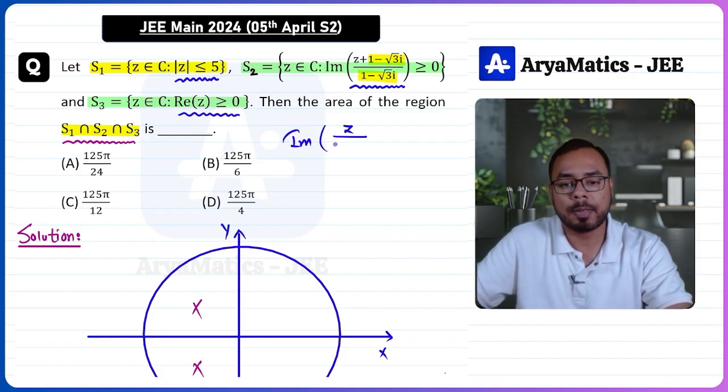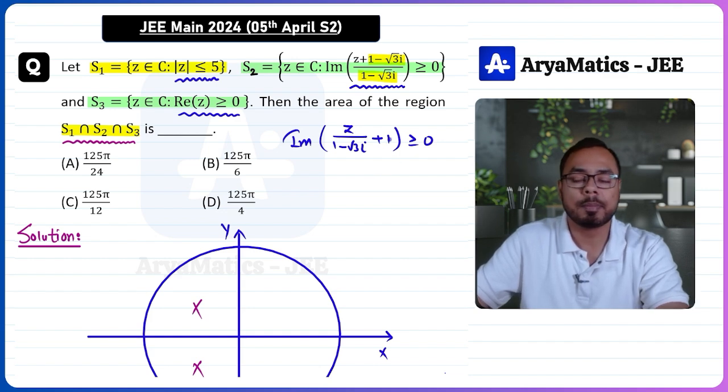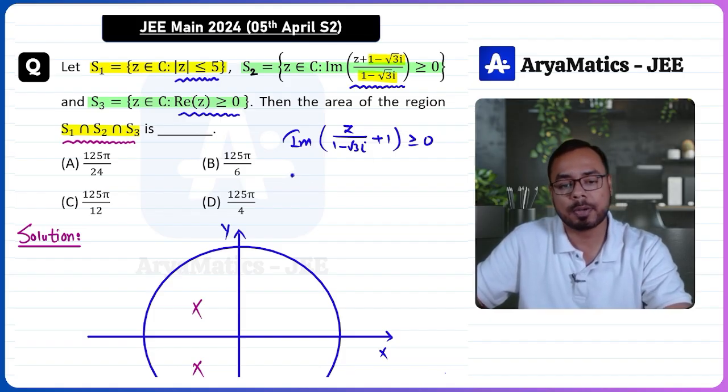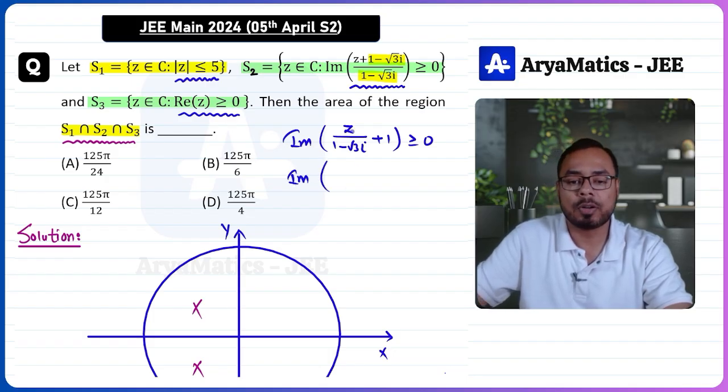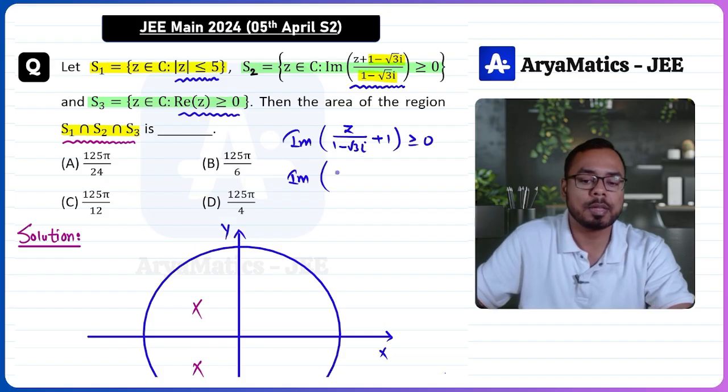We can write z by 1 minus root 3 iota plus 1. This should be greater than equal to 0, and 1 is a real number, so you can remove this one, because imaginary part of z1 plus z2 is same as imaginary part of z1 plus imaginary part of z2. So now we can write this as imaginary part of z by 1 minus root 3 iota, that should be